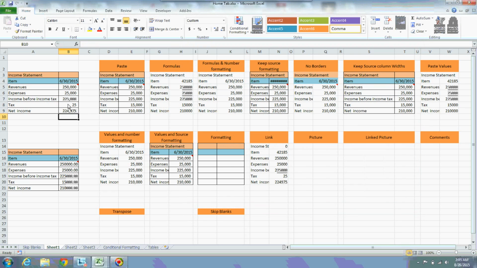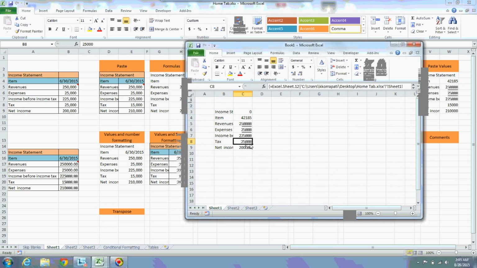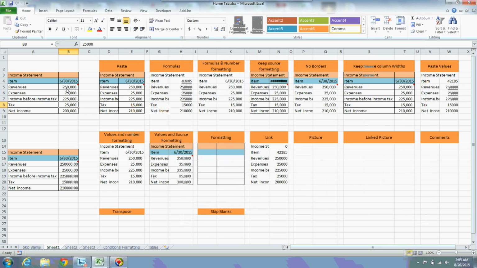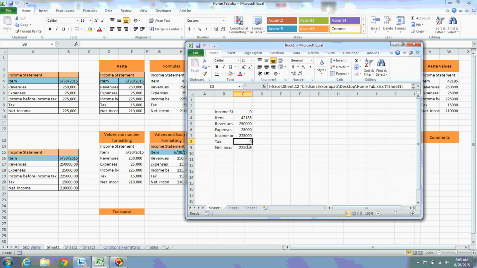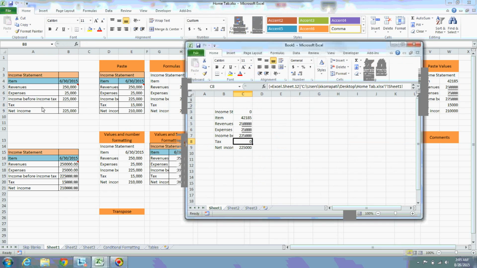Now if I am changing it to 25,000, sorry, I'm just entering 25,000. See, now it has also been changed to 25,000. If I change any value, you can change whatever you want. If you delete this value, now this value has also been deleted from the linked workbook. Whenever you delete, it will be made 0, since this is considered a value. When there is no value over here, it makes it a 0.